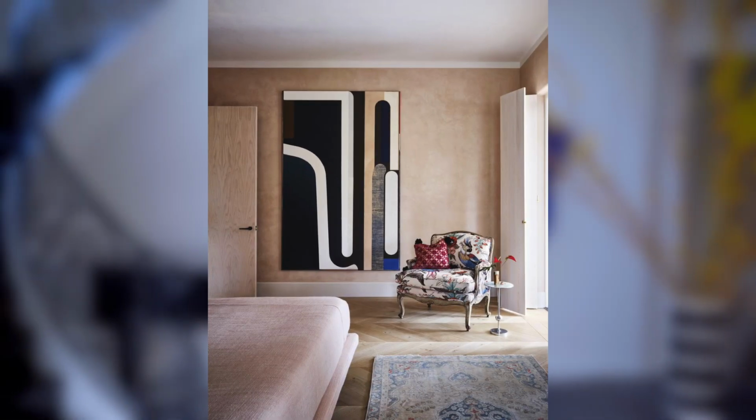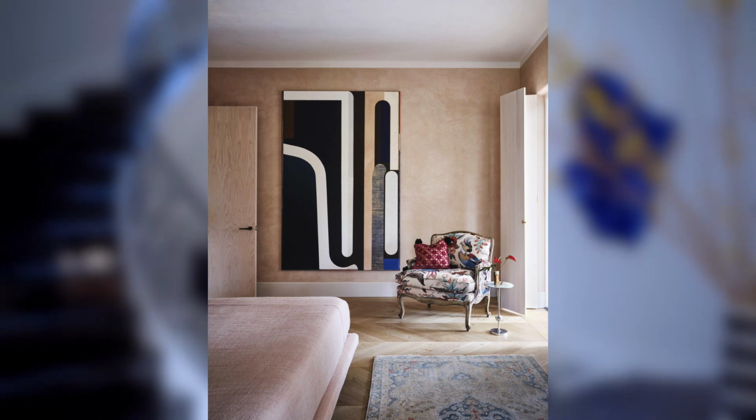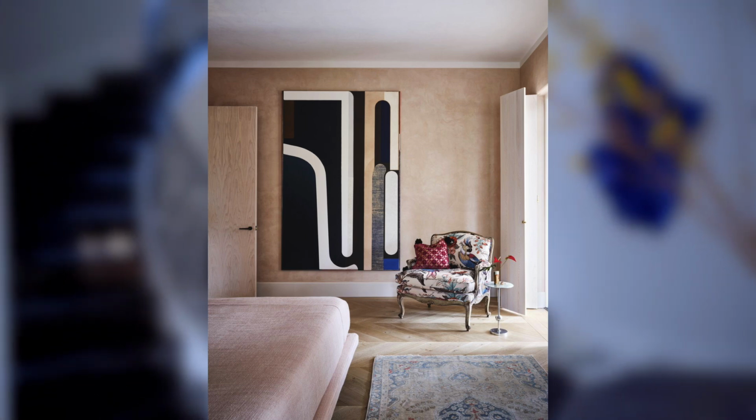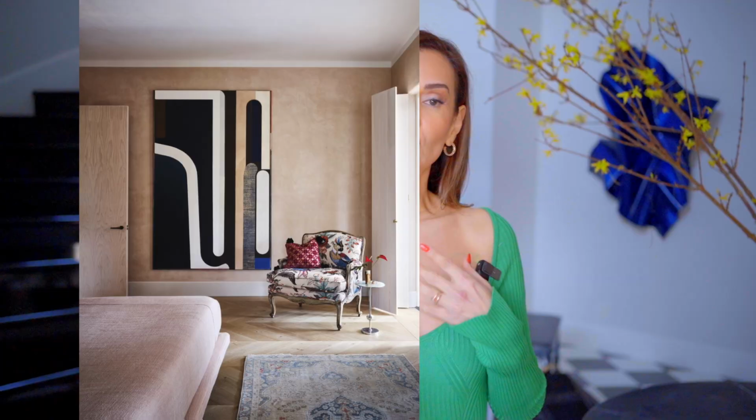In this photo, you can see the same paint color that is, again, in another primary bedroom, juxtaposed with black and white art, and it just looks very sophisticated. So color is definitely back. I am really thrilled that it's back, and you are really getting a sense of calm